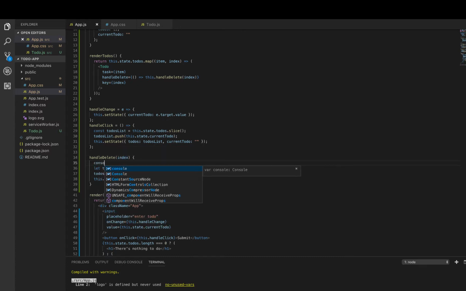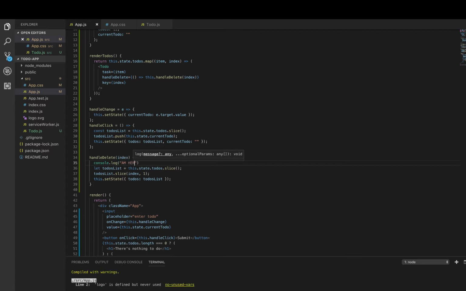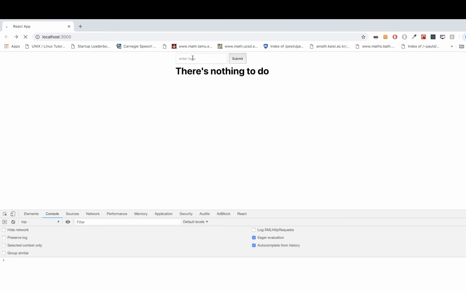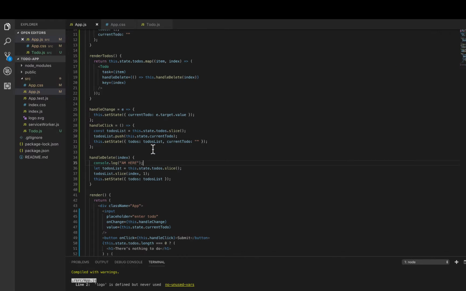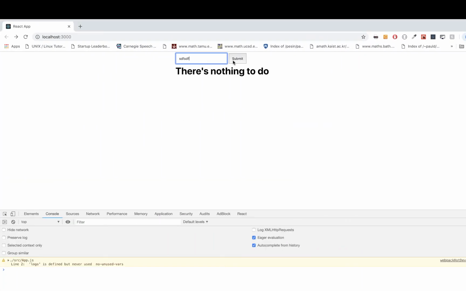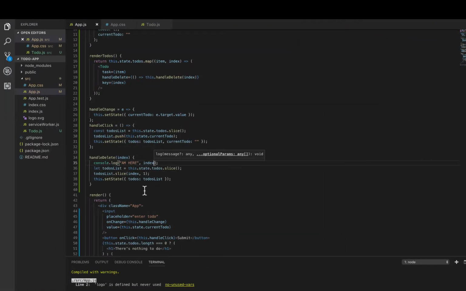Let's see, did we even get here? I'm here. Let's put something back here and submit, delete. I'm here. Okay, we're there, which is good. But then it's not getting deleted. Why? Let's see, do we have our index being passed in here? Index, I'm here at 0. Okay, awesome. So now why is it not